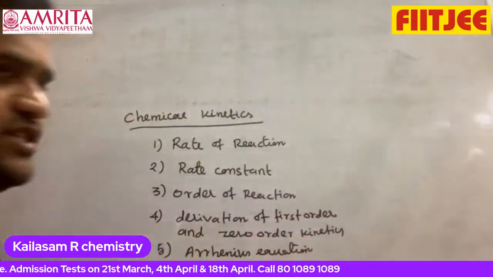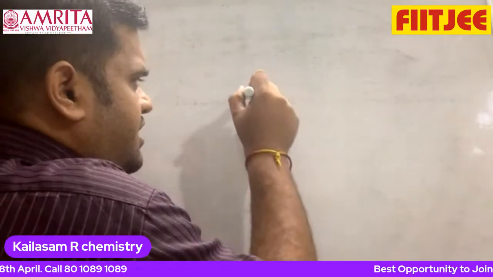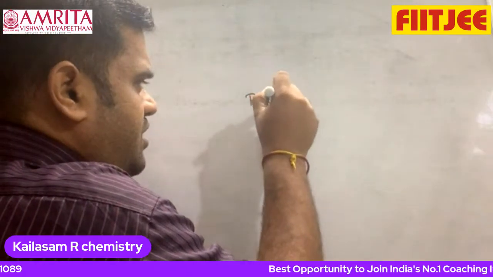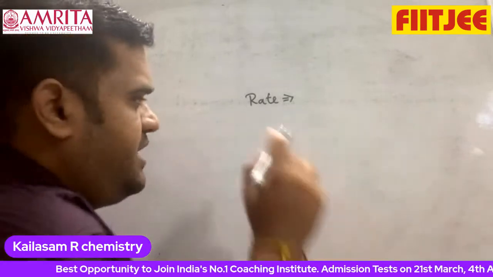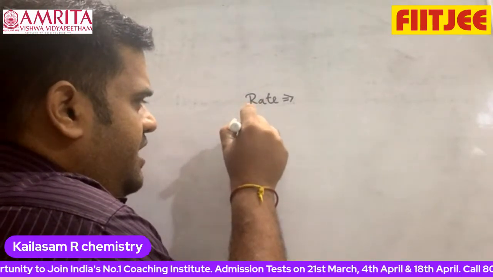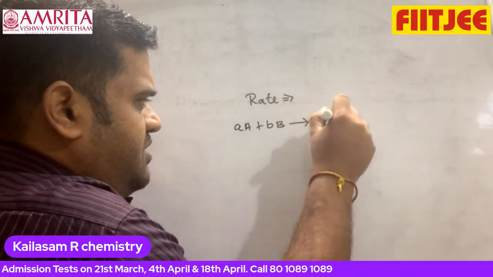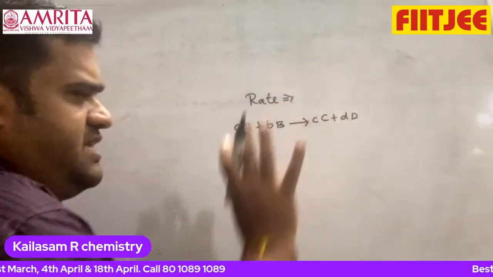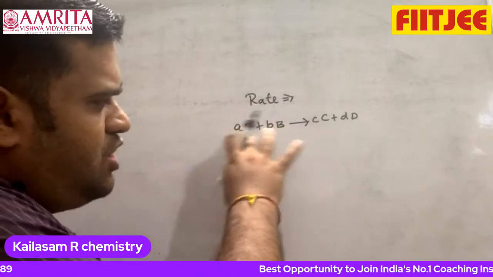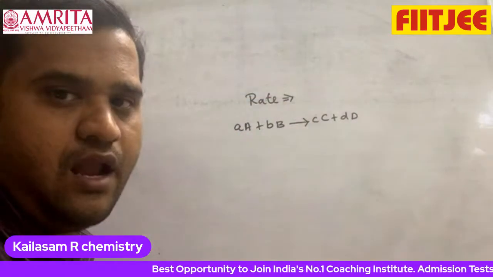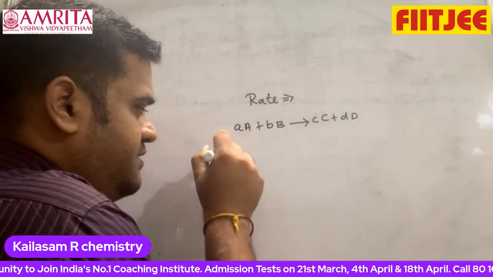If I am writing the rate, the definition of it is, let us take some hypothetical chemical reaction. I can write A plus B, which gives C plus D. It's a normal hypothetical reaction. But obviously, the rate of reaction depends on the concentration of reacting species as per the law of mass action. So the rate of reaction is nothing but